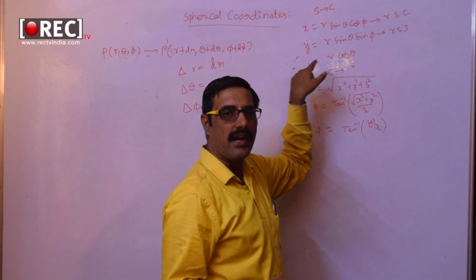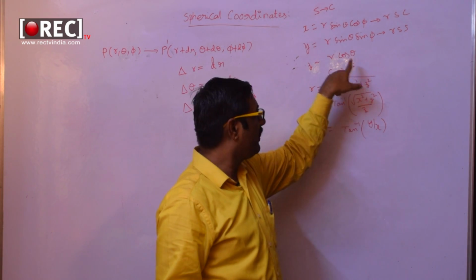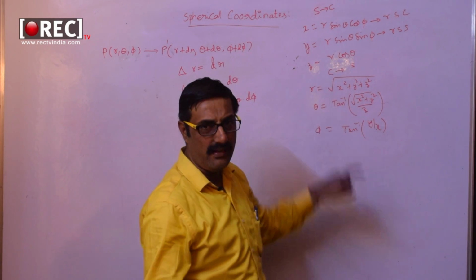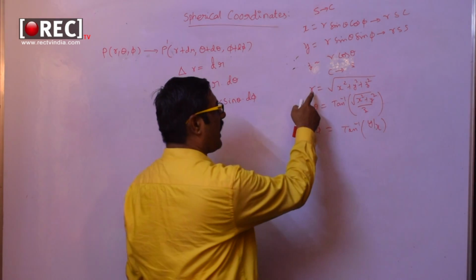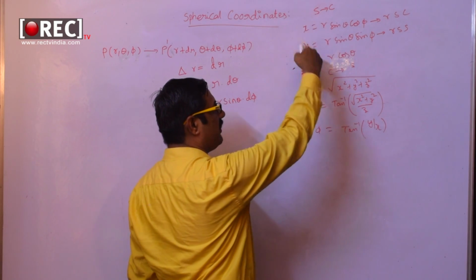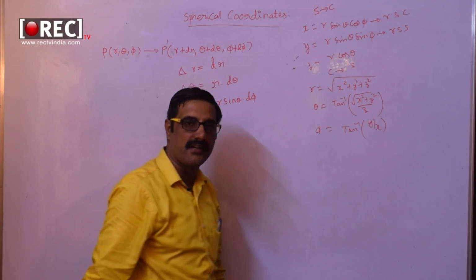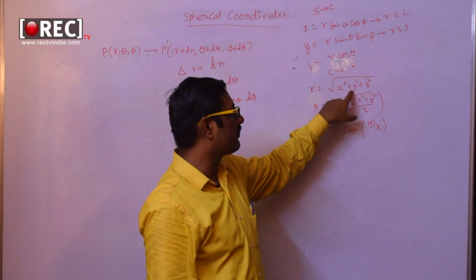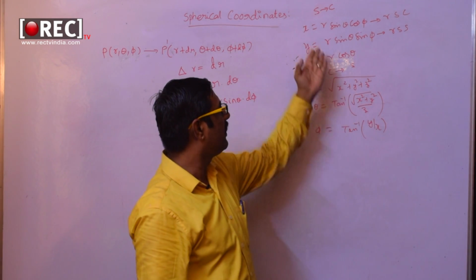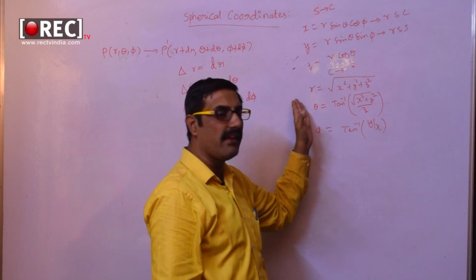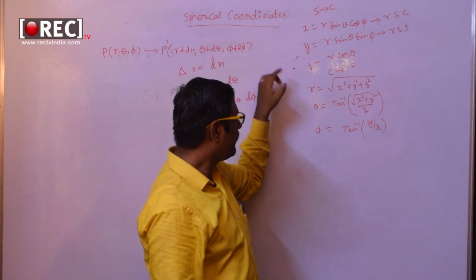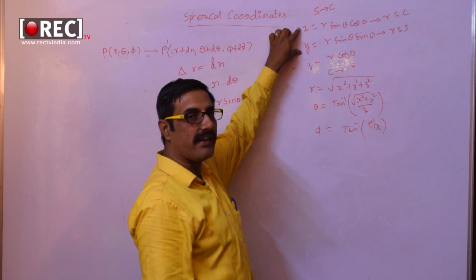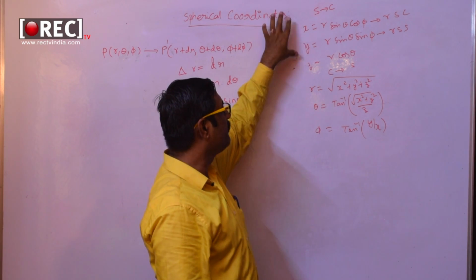That is, we know Cartesian coordinates x, y, z, and we need to determine the spherical coordinates r, theta and phi in terms of x, y and z. So what is r? If you observe these three formulae, then easily you can get these formulae also. So r is under root of x square plus y square plus z square. So if you substitute these three relations in this formula, you are going to get r back. Okay, next, similarly, what is theta? So if you take squares of these and add and take a root for it,